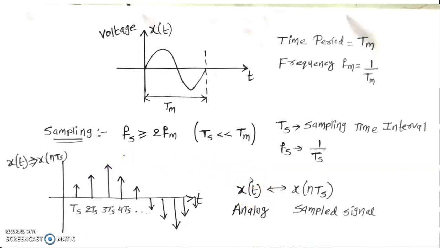By doing the sampling process with the Nyquist criterion Fs greater than or equal to 2Fm, we sample the signal, and the sampled signal is written as x of nTs. Now the important point here is, what is this Ts? Ts is the time interval between the two samples. If the time interval between these two samples is very small, then whatever variation occurs in the input signal is captured in the sampling process. So that is why it is easy to reconstruct the signal afterwards. That is one important point here.